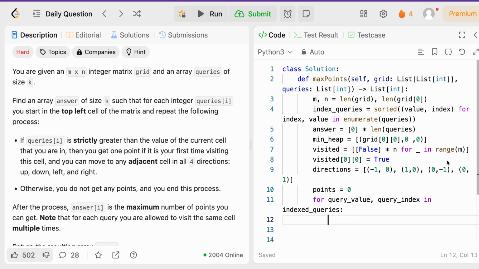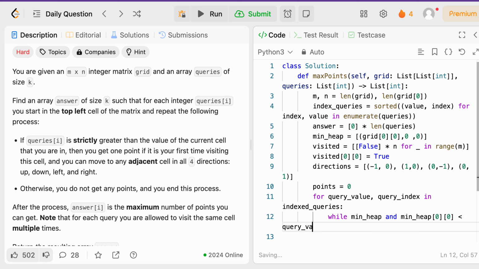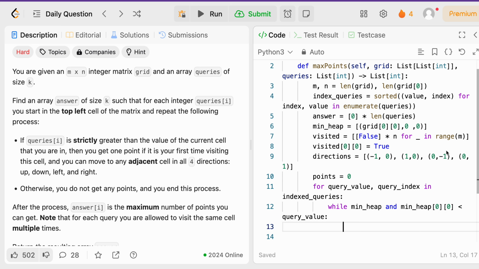Right, so while the min heap is non-empty, meaning while we actually have cells to process, and the topmost node in the min heap, how do we get the topmost node? It would basically just be index 0, 0, that is, while that's less than the current query value, meaning while it's still an actual valid cell, right? So while we still have a non-empty set and the smallest value in the heap is still less than the current query value, so while we're still only considering cells that can contribute to the current query's result, well,